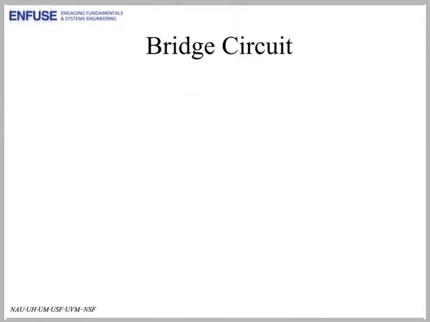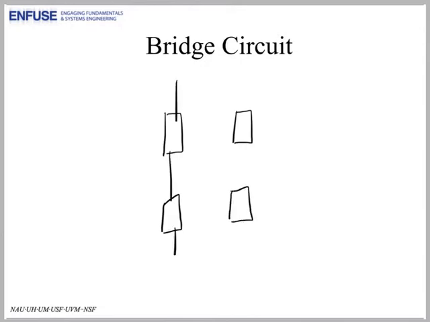Let's look at a bridge circuit. We start out with two parallel circuit branches. Now inside these blocks are electronic components to be determined, depending on what we want our circuit to do. Usually in a bridge circuit at the top you have a voltage supply, and at the bottom you might have a ground. But the key thing about the bridge circuit is that the load